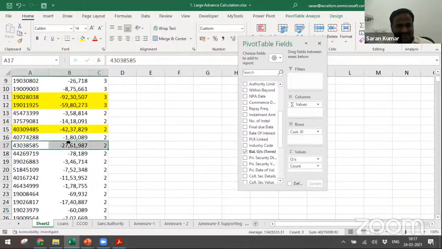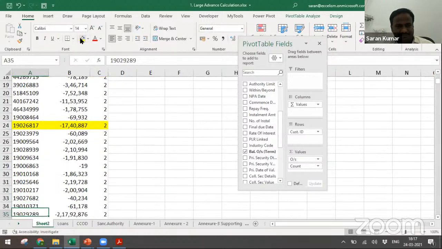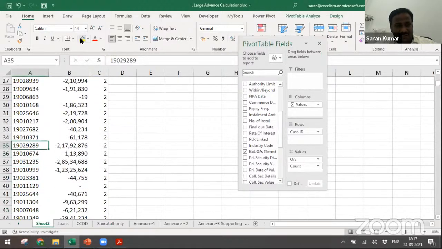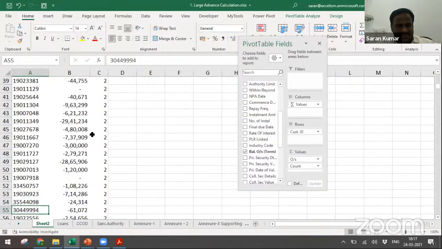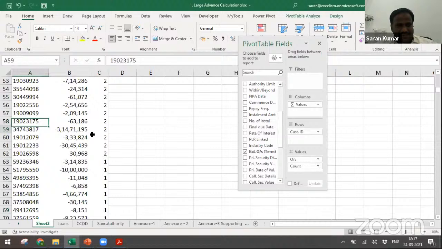Also, let me highlight a little further down. Okay, 27 is not a small amount. Let me take this. Maybe, yeah, I think it's fine. So I think almost 10, 15 samples we are taking. So take this, then you go down. Yeah, remaining all small. I think this is also a little bigger. In fact, 1 crore, 2 crore, and this is also bigger. So let me take this and so on. You can start looking into the same. Then you see this is a bigger amount again, so you can start taking this. This is again bigger. Remaining all are single accounts.